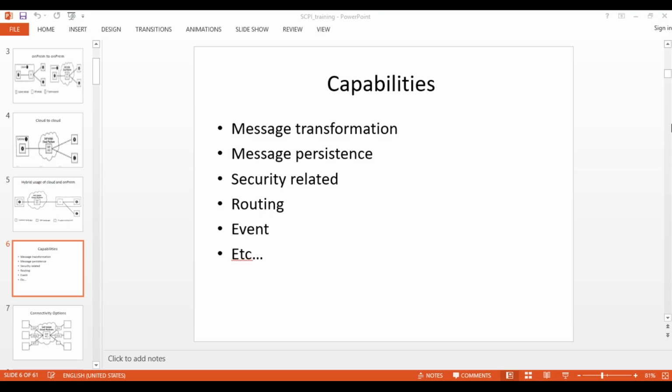Its capabilities include message transformation, messaging from one data format to another, persistence where we store data for processing, and security, since the data is flying over the air and has to go through very protected layers of security.